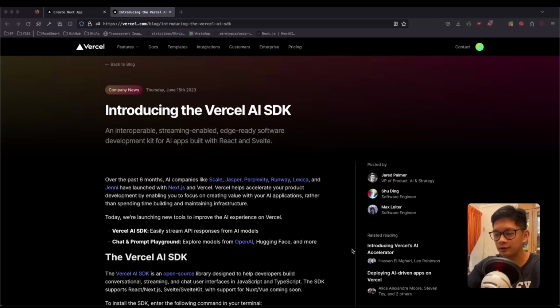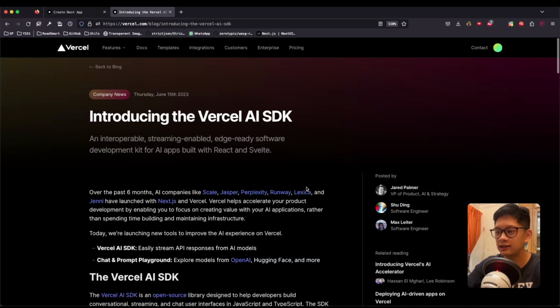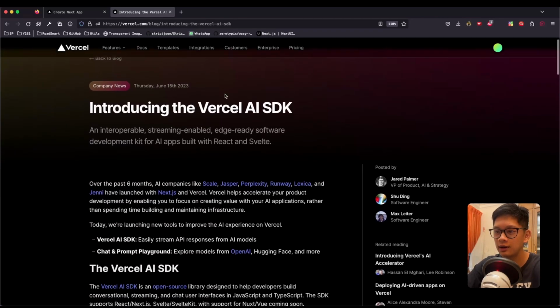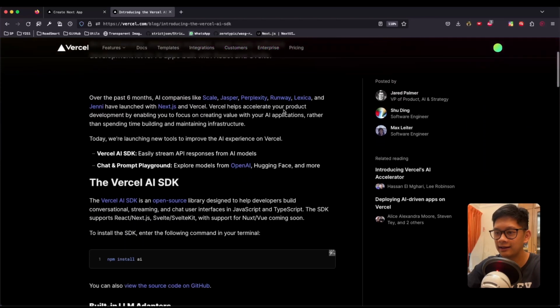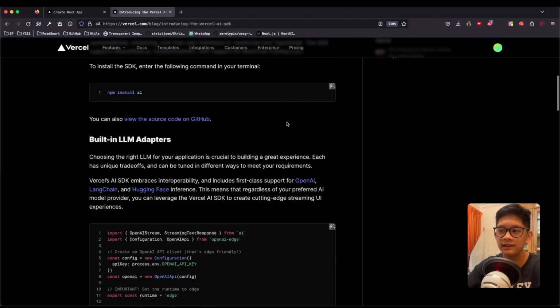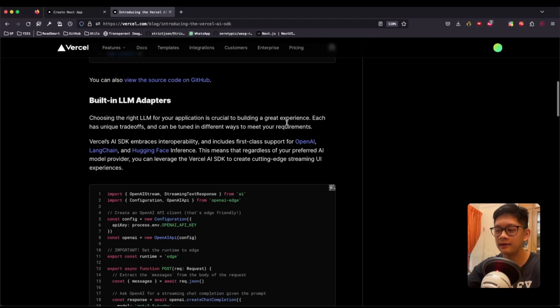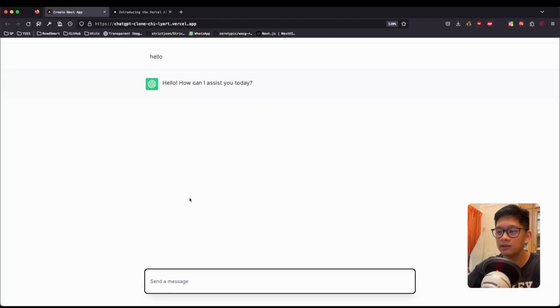Alright. So Vercel just released, not just released, but they released on June 15, about 3 months ago, their AI SDK, meaning that Vercel has taken AI as a priority, and right now they are releasing a lot of new products that help and enable developers to build AI applications more easily. So today I'm going to show you how we can build this ChatGPT clone in less than 60 lines